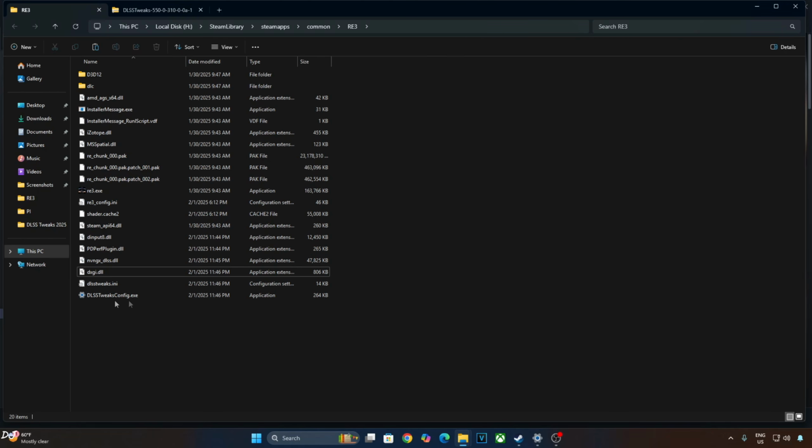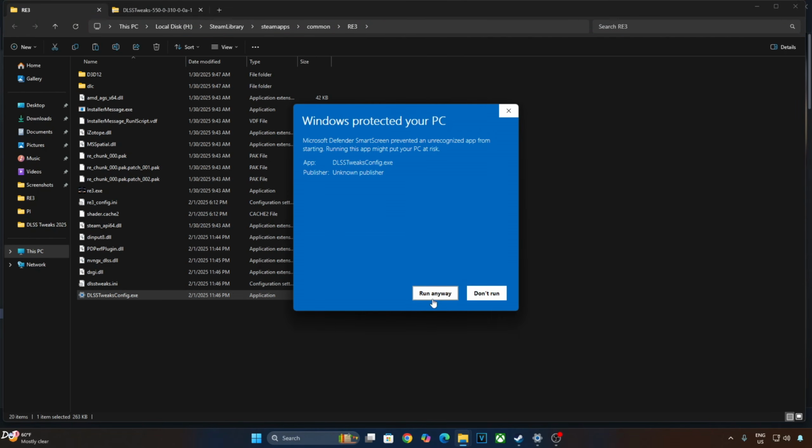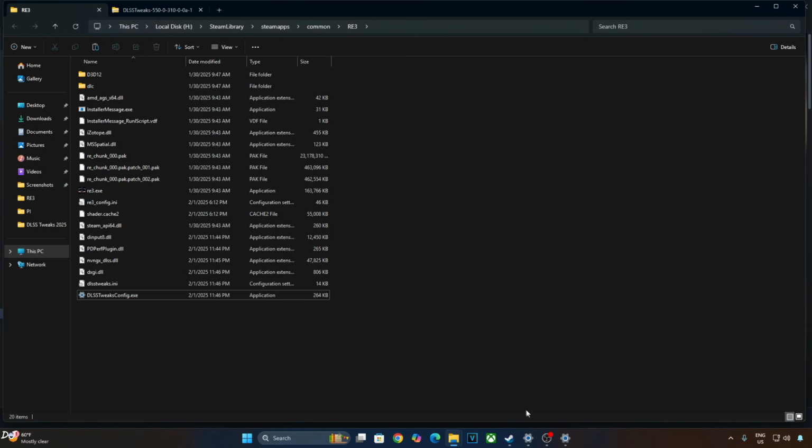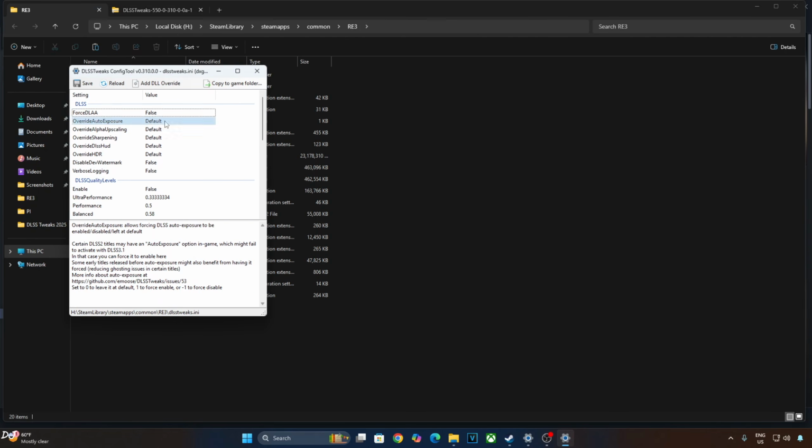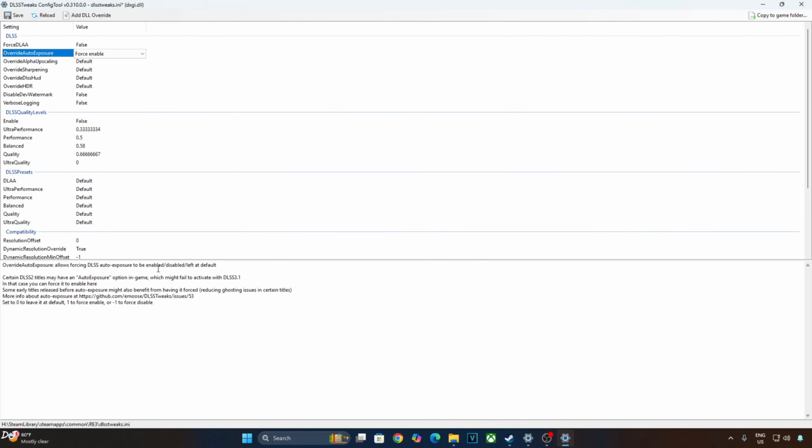Execute DLSSTweaks config.exe file. More info, run anyway. This window will pop up. From here you need to click on the drop down bar next to override auto exposure and set it to force enable, maximize. I'll be using the quality level of DLSS Upscaler, so click on the drop down bar next